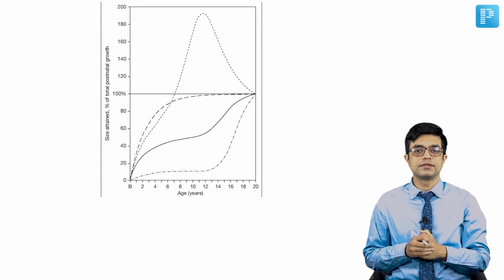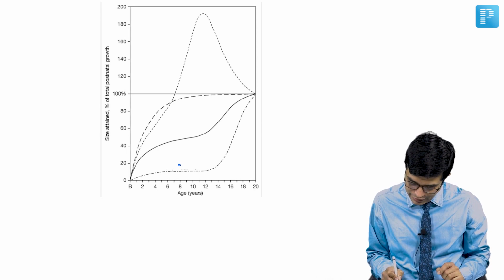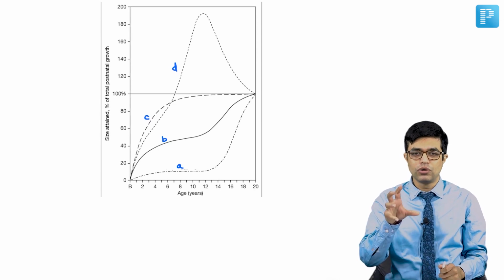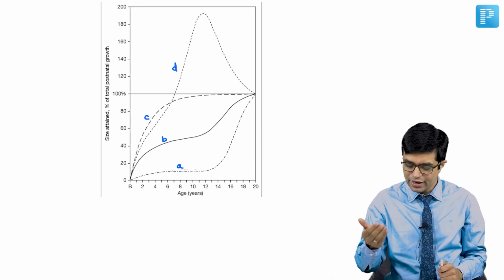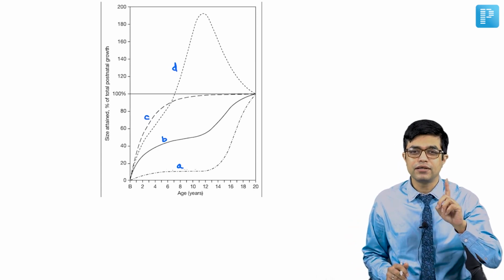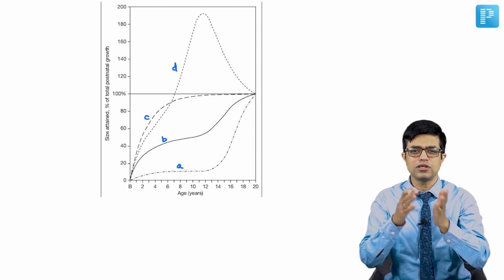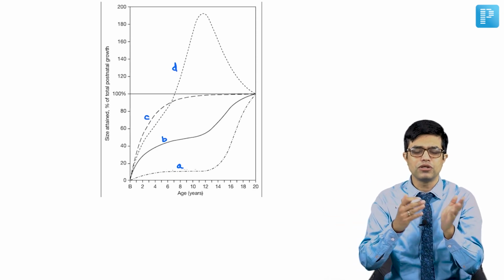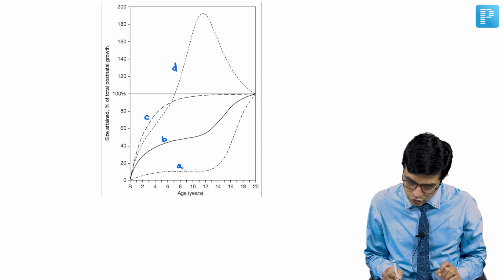How can visuals be asked? They can put up a combined photograph like this, and they would label it as A, B, C and D, and ask you to look at the 4 growth curves shown for a normal human child and identify and mark the correct option. Now 4 options will be given, with each one corresponding to brain growth, somatic growth, and so on. You need to be clear that this sigmoid growth curve, this B growth curve, is indicating the somatic growth pattern.